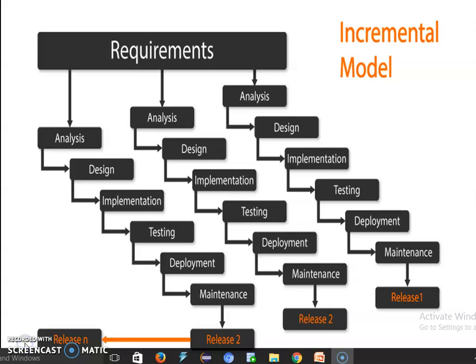Why use the incremental model? When the requirements of the system are clearly understood, and when there is demand for early releases of the product, you have to use the incremental model.